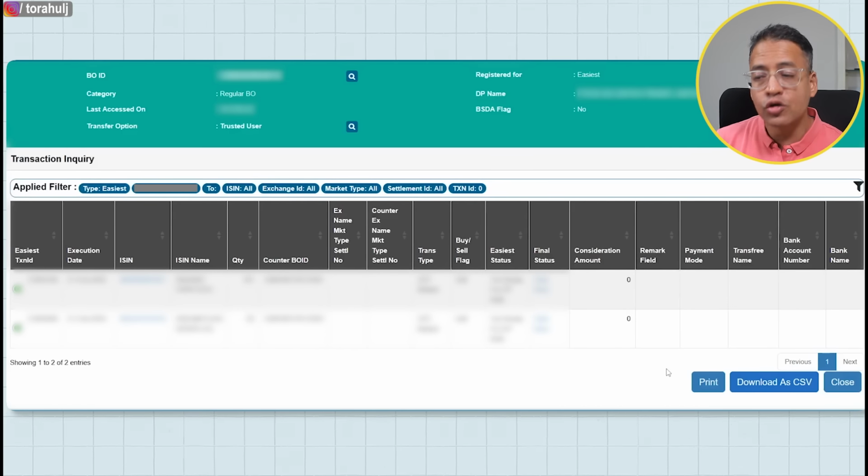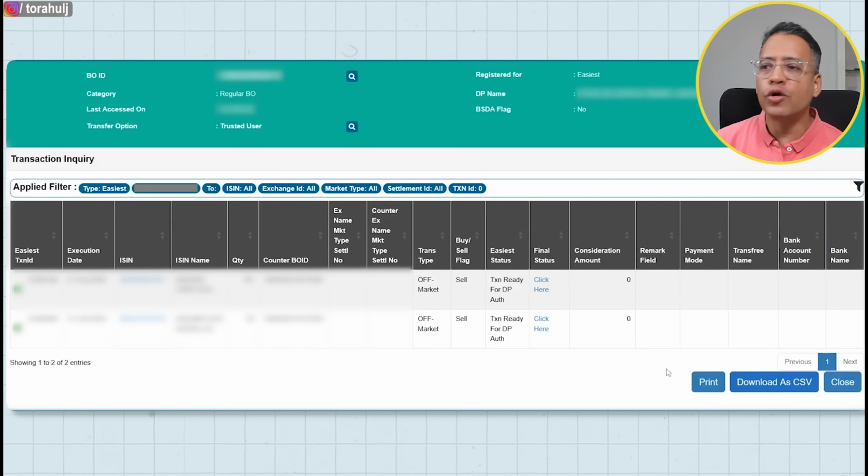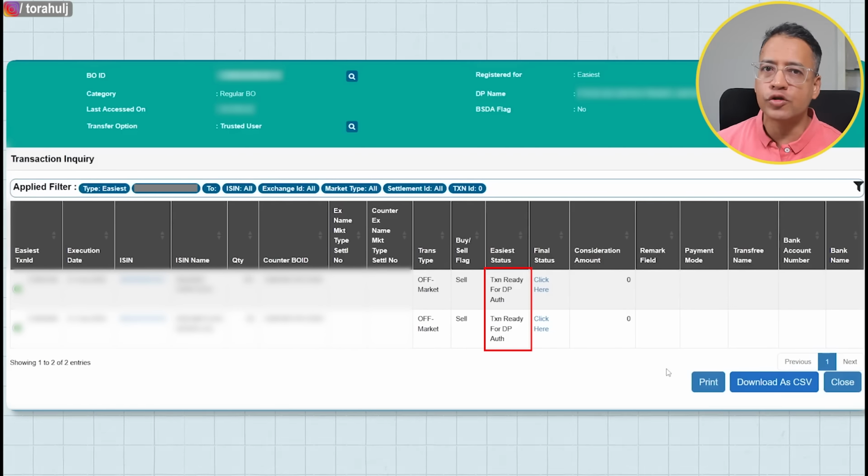Simply go to transactions, inquiry, and then transactions. Select EASIEST here. Choose the transfer date that you had selected at the time of doing the transfer. After that, you will be able to see your transactions here. Here, you will also be able to see the status of each of these records. And once the transfer is successfully done, you are also going to get emails for each of these stocks